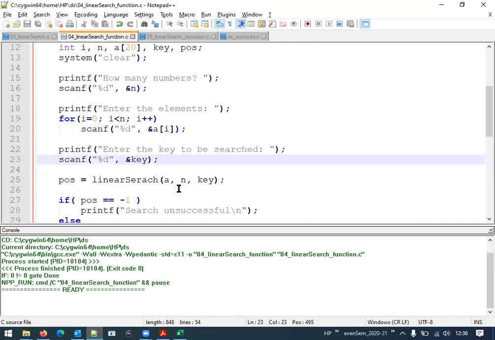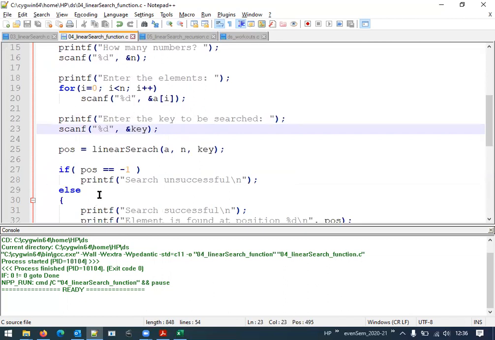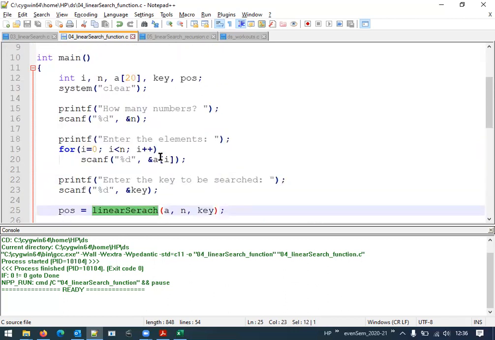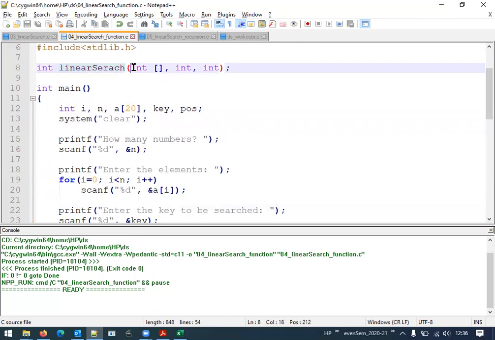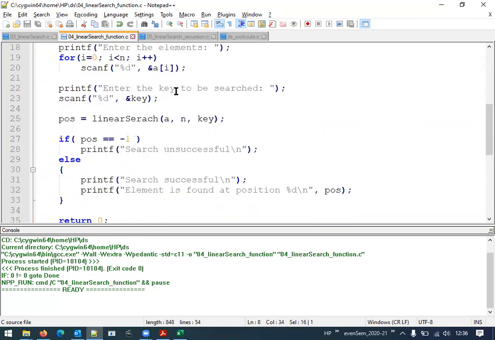Now, the change is here. The main function doesn't try to search. Rather, we call the linear search function, which is a user-defined function. If you look at the prototype, it requires 3 parameters. That means at the time of calling the function, we need to pass 3 parameters to it.